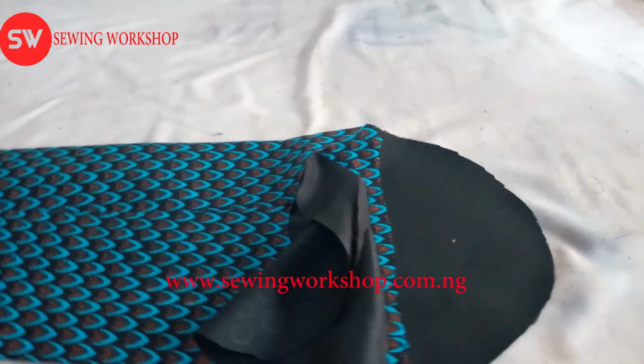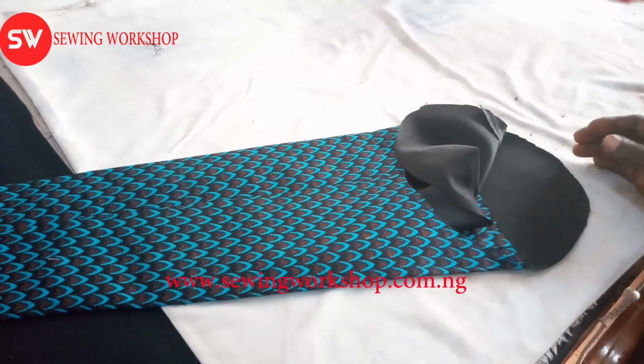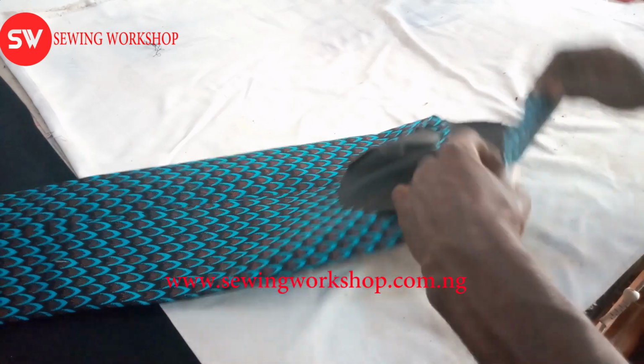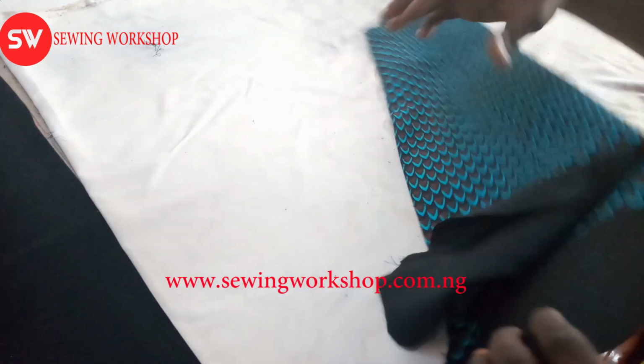I will just show you how I achieve this cuff part of this suit shoulder. So let me show you this now. Here, can you see this? It's just still very flat. The thing I did is very simple. All I did is